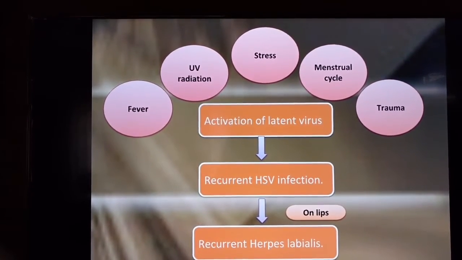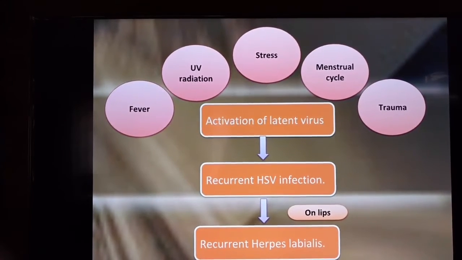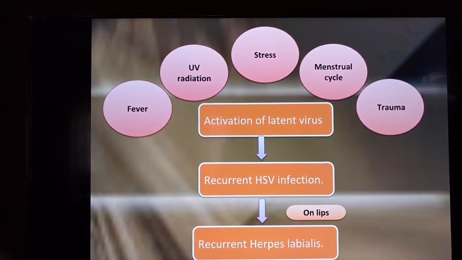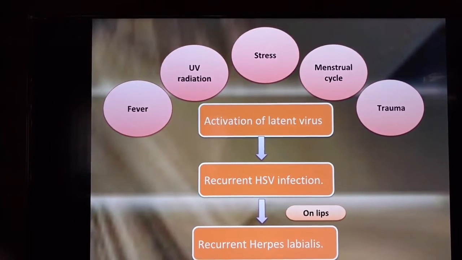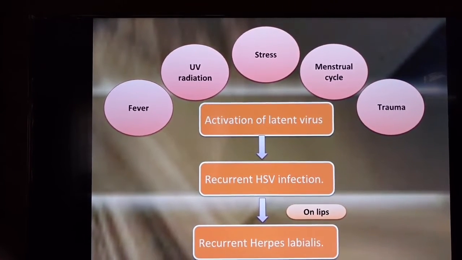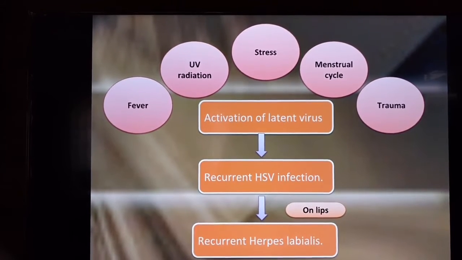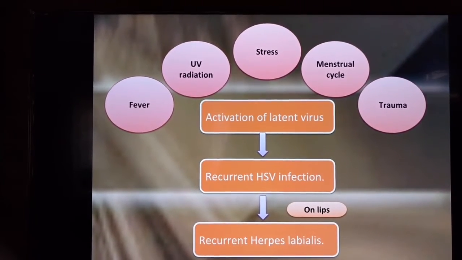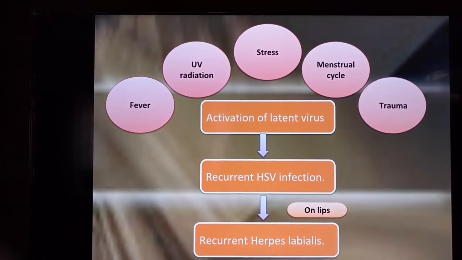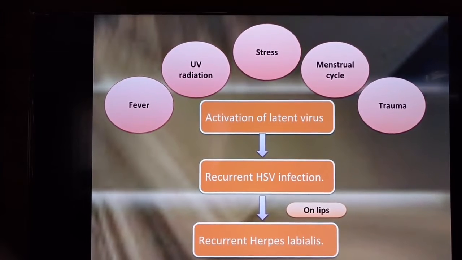As I was telling you, the lesion can also be present at the angle of the mouth, and then we call it a cold sore or herpes labialis. Situations will be there: itching sensation, tingling sensation, burning sensation, followed by papules, vesicles, ulcers, crusting,